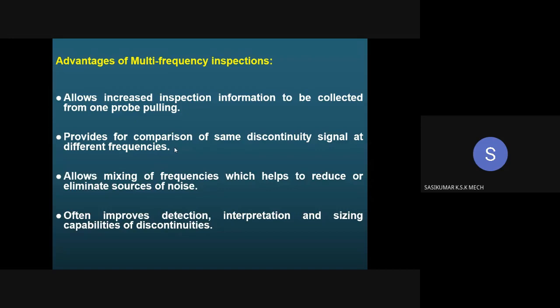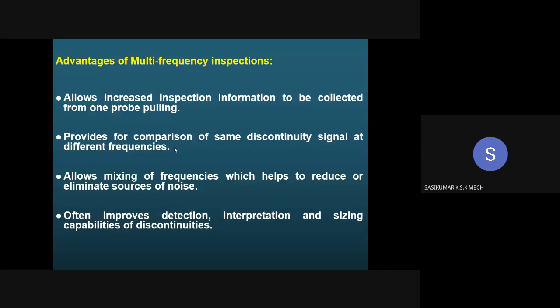These can be clearly identified by means of multi-frequency inspection devices. This also improves detection, interpretation and sizing capabilities for discontinuities.